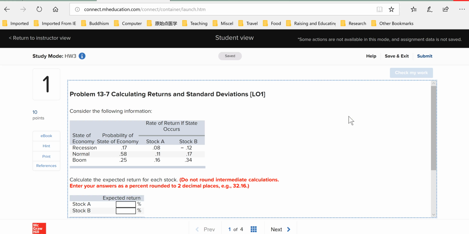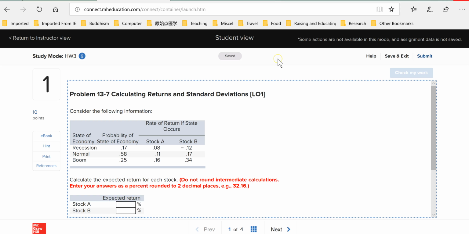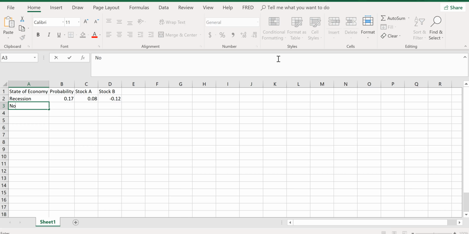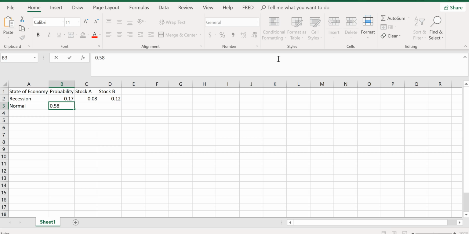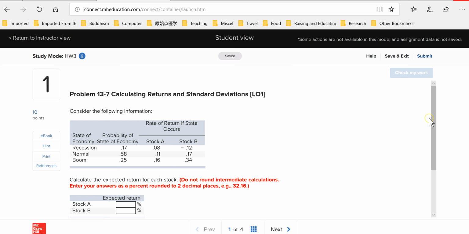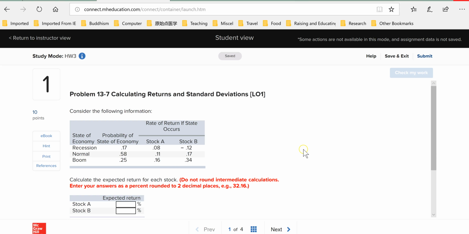And the return for stock B is a negative number, negative 12%. And the second economy state is normal. Under the normal state, this happens with a 58% chance, and the return for stock A is 11%, and the return for stock B